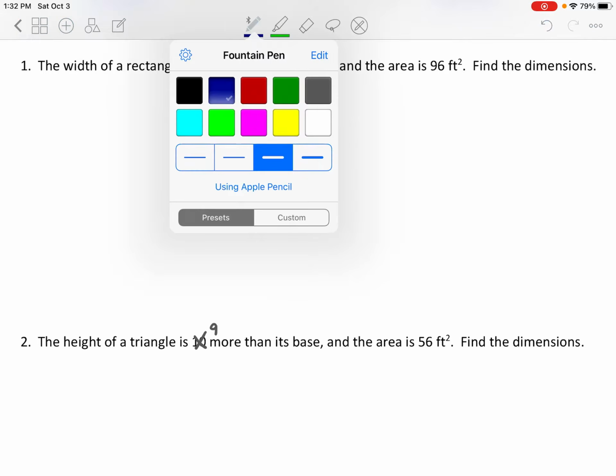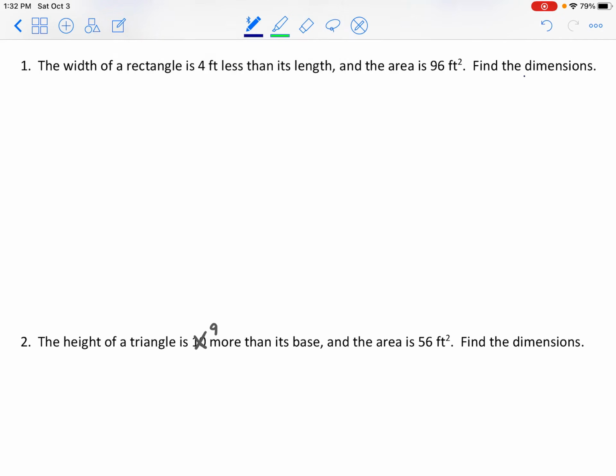So when it says to find the dimensions, that means we're looking for the length and we're looking for the width. Now that's technically two variables, but we don't want two different variables in one equation that we're trying to solve, right? We want like an x and an x squared, but I don't want an x and a y, for instance. So we have to figure out which one of these dimensions is actually unknown and which one